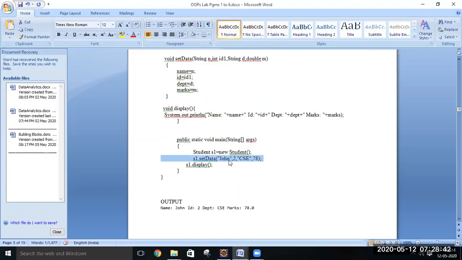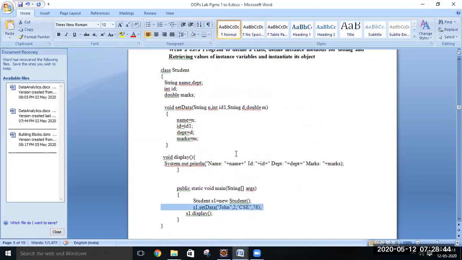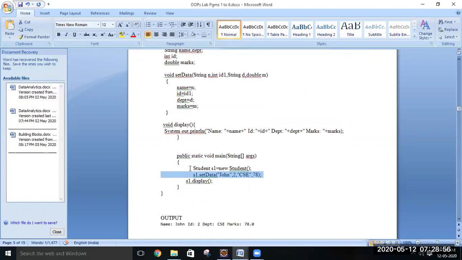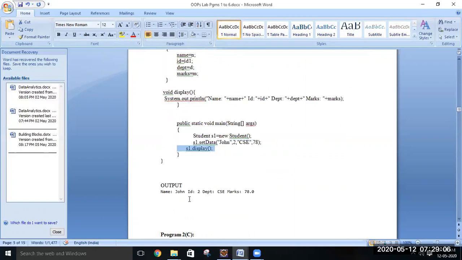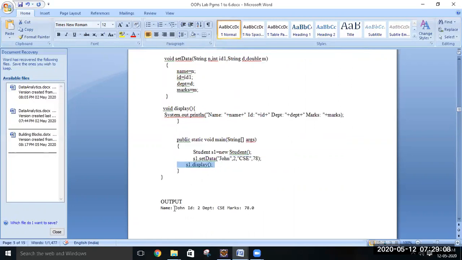So these values are passed to the method set data. It is invoked. It is not returning any value. It is just taking 4 arguments, and all the 4 argument values are stored in the corresponding data members. Once it is done, we call the display method using s1.display. So it is displaying the values of those data members. Here you can see the output will be whatever we have given.